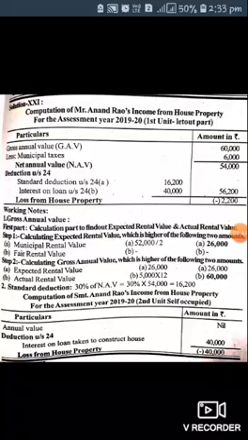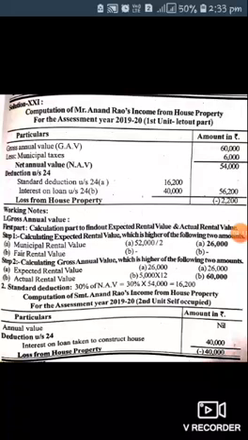And deductions are under section 24. Standard deduction under section 24 is 16,200 and interest on loan under section 24B is 40,000. So after all the deductions, he's getting a loss from the letting out part, that is 2,200 is the loss. Let's see how the loss is calculated. First, gross annual value, which needs calculation of expected rent and actual rent.